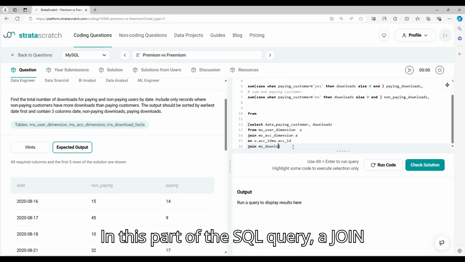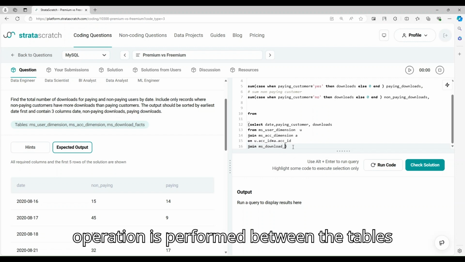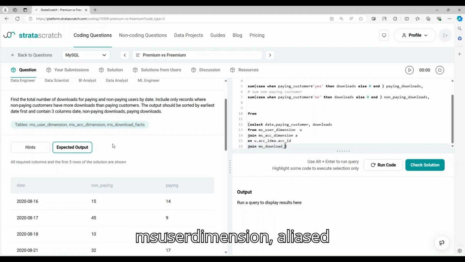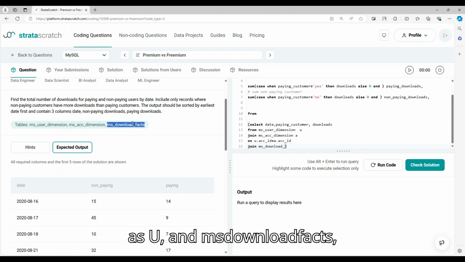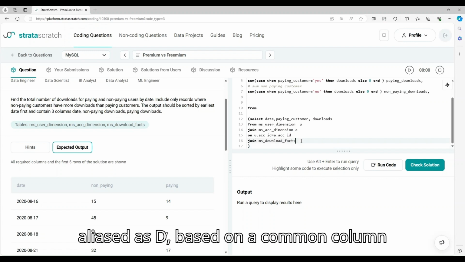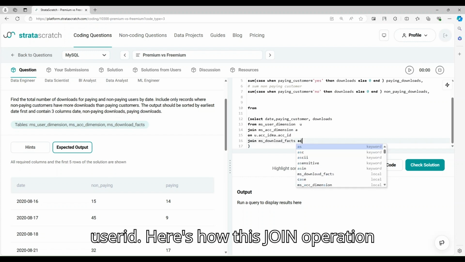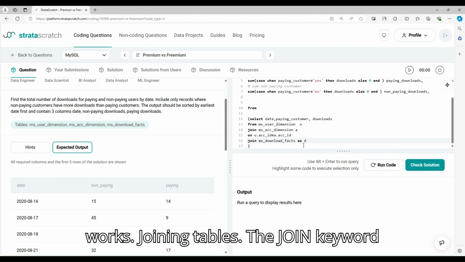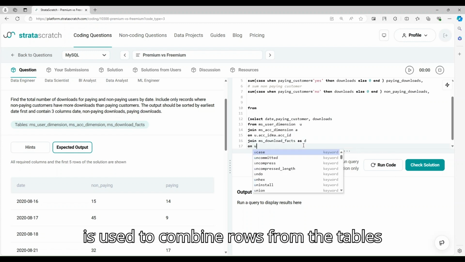In this part of the SQL query, a join operation is performed between the tables ms_user_dimension, aliased as u, and ms_download_facts, aliased as d, based on a common column user_id. Here's how this join operation works. Joining tables. The join keyword is used to combine rows from the tables